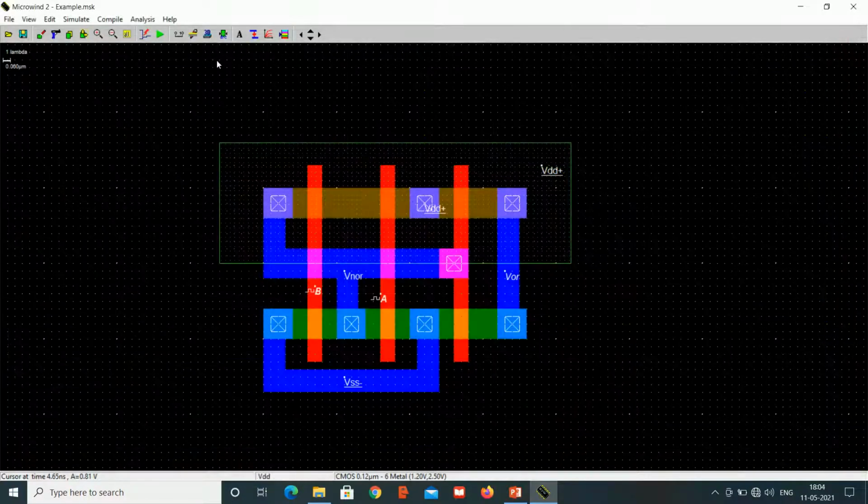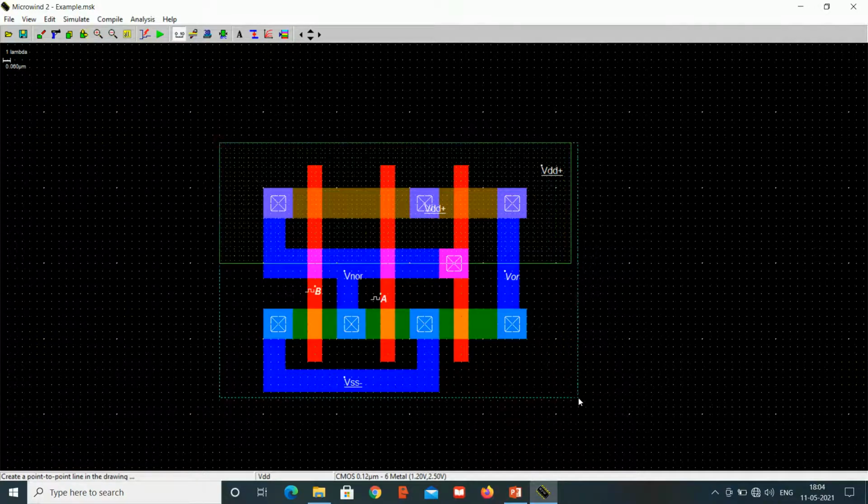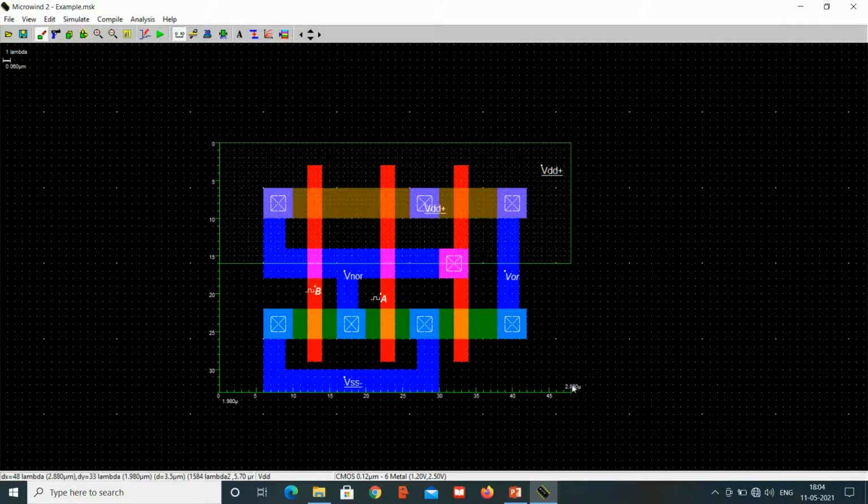Then for measuring the area, click on this measure distance and draw a box covering the entire layout. So area is also done, which is length into breadth, this into this. Now we'll name our layout as OR gate.